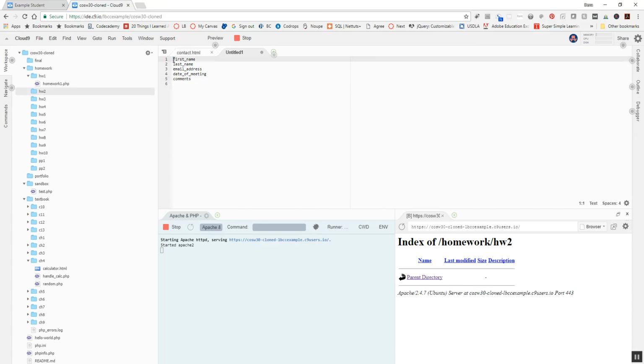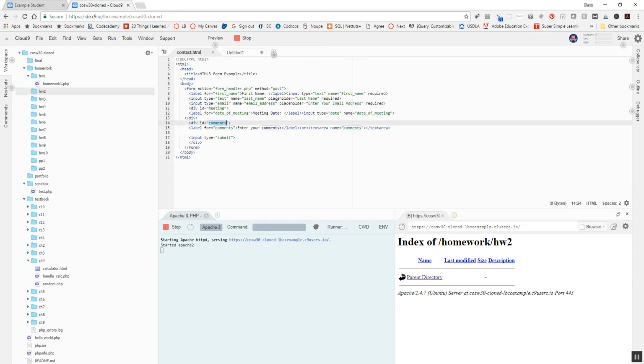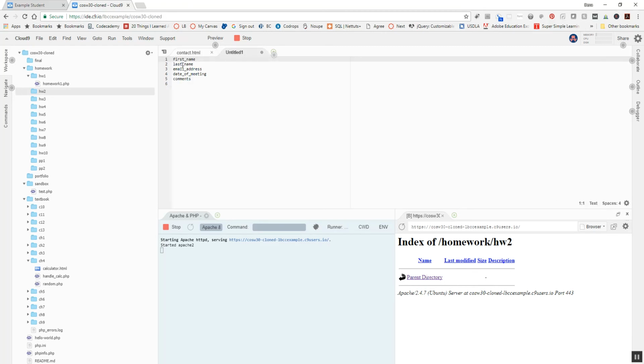Now when you want to output something with PHP that's coming from your HTML page, you have to reference it by the method. So ideally most of your form input is going to be coming from post, okay? And that is stored in a special variable. And so let's take a look here. What I like to do at first when I create my PHP, let's go ahead and put my PHP tags in here